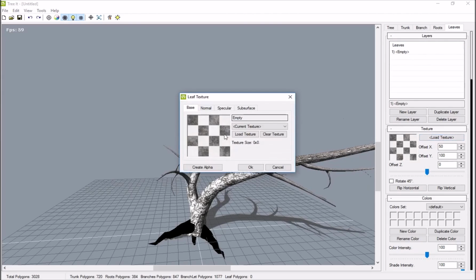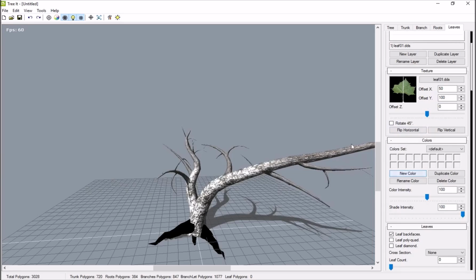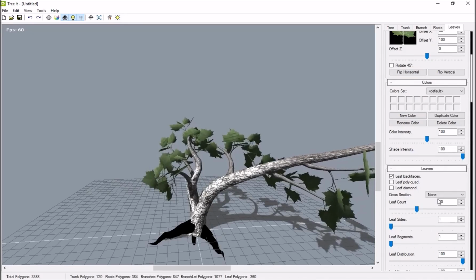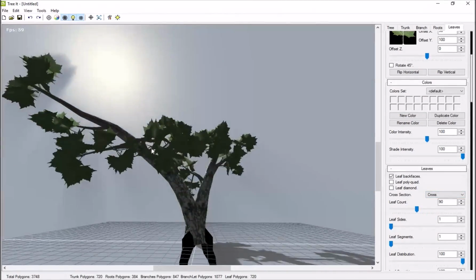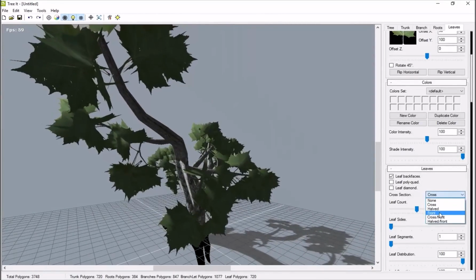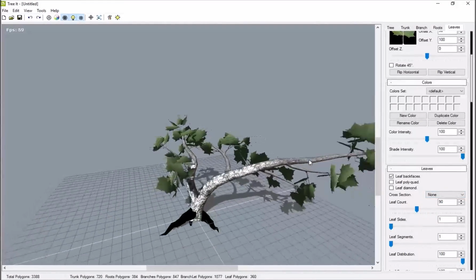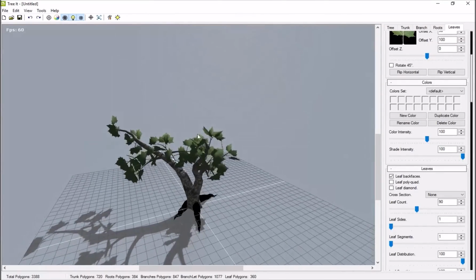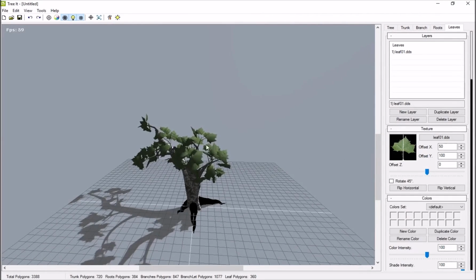Now if you load texture, you can choose from a lot of single leaves, but obviously using single leaves is going to be a lot more expensive. You can turn up the leaf count down here, and it should add leaves for you on your tree. You can choose the cross section of the leaves. Do you want them crossed? Do you want them halved? How do you want your leaves to look? But obviously this is a lot more expensive. Maybe if you had a game where you're just going to have this tree with a few leaves, this is kind of acceptable. But if you were having, let's say, a larger game, or a tree with a lot of